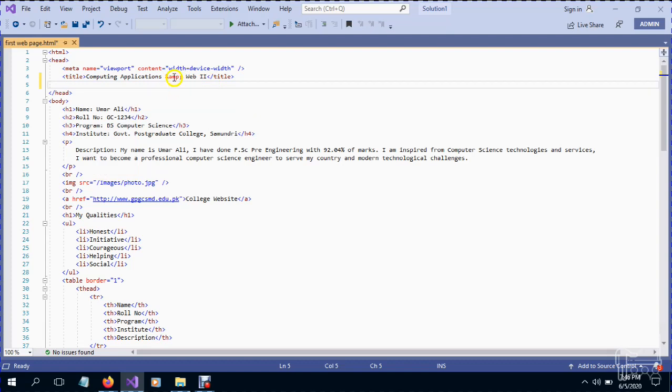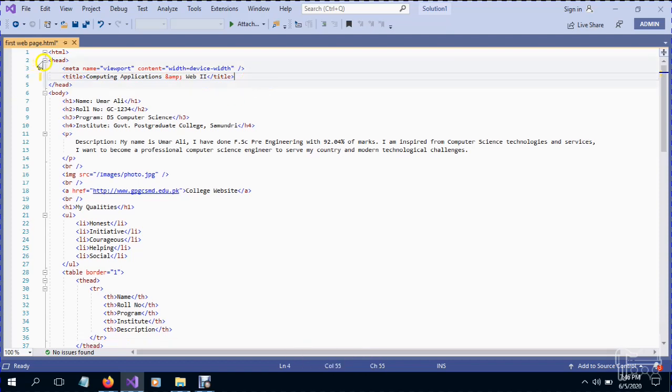This is the and sign, and it is represented in programming languages or markup language in this way. So here we are ending our head section. The head section contains other source files, CSS styling files, JavaScript files, and so on. We will cover it later on.